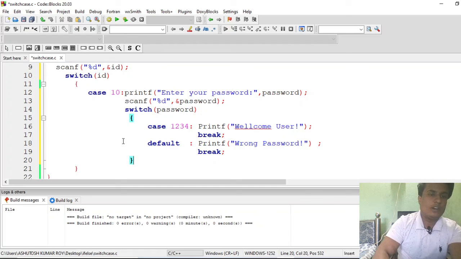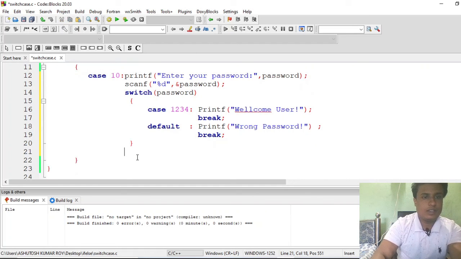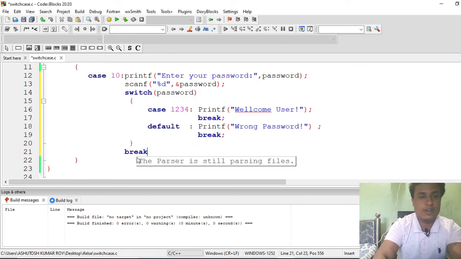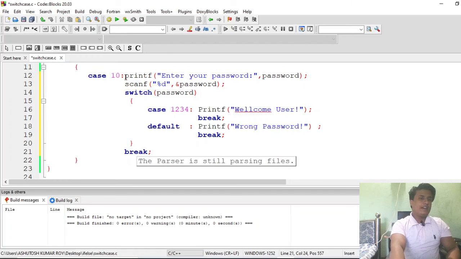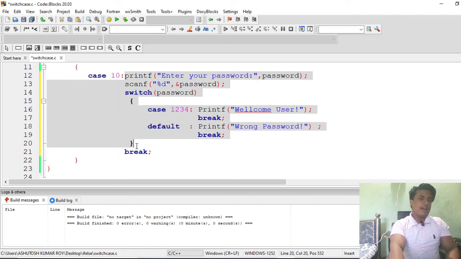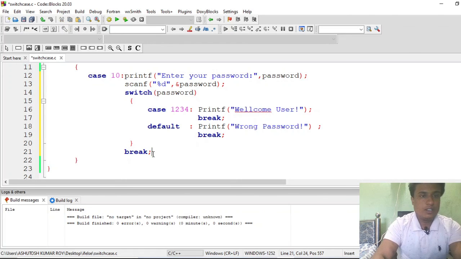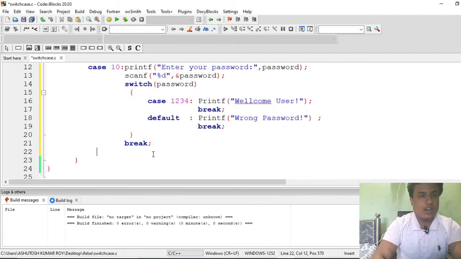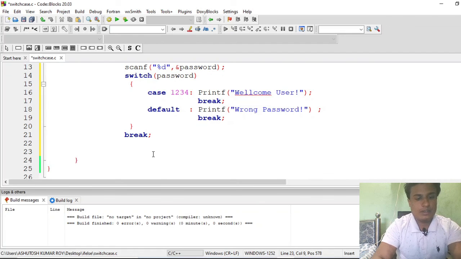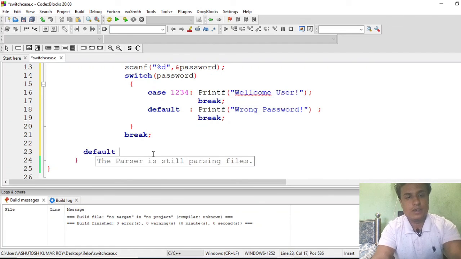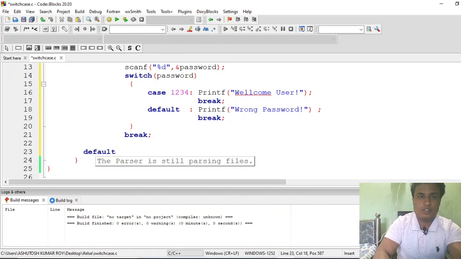So now this case is over. So we will put the break here. Okay, remember this point. This is entirely one case, then we are putting the break here. Don't put the break earlier, otherwise it will not execute this part. Okay, hope you are getting it. So now for this outer case, what will the default statement be? Hope you are getting it.